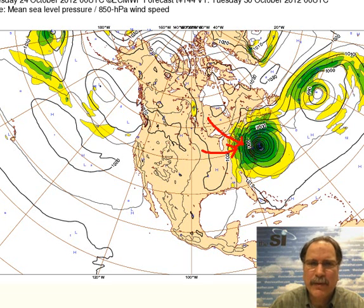At some point, this storm becomes a hybrid storm. It loses its tropical characteristics and becomes a major nor'easter. But nonetheless, the results are the same: a potential damaging event here in the mid-Atlantic and northeast early next week. It's still not written in stone, but we'll continue to monitor this over the next few days here at